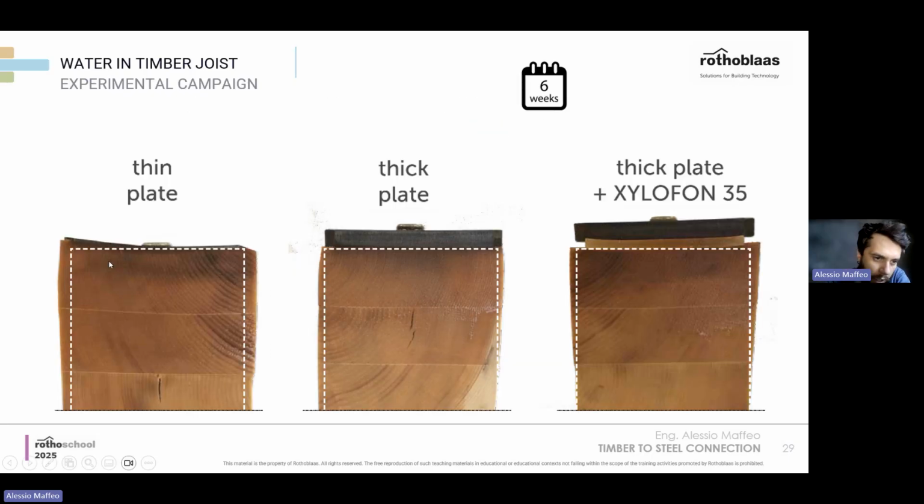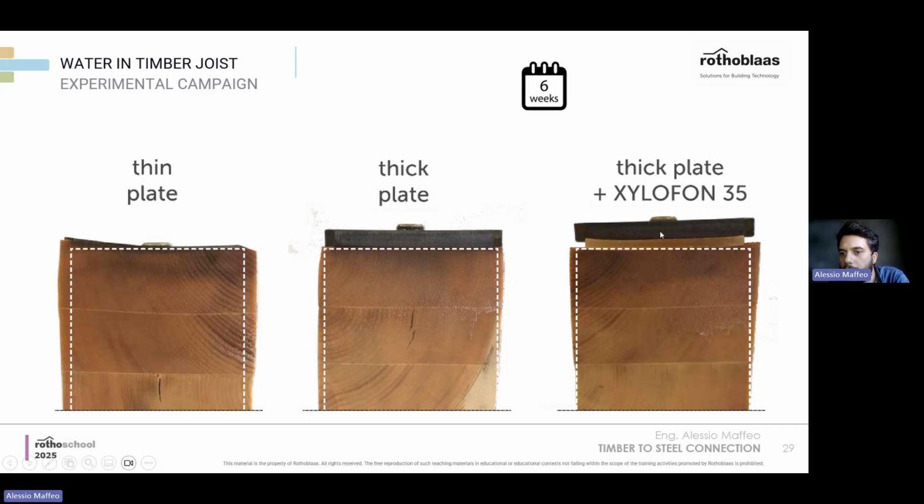After 6 weeks, we have the thin plate. You see the timber moving freely, so the timber can actually move and bend the plate. With a thick plate, this is not possible. So immediately you start to think that, okay, when I have a thick plate, it means that all the compression will go against the screw, against the plate. It's not possible to modify and to bend the thick plate like you bend the thin plate.